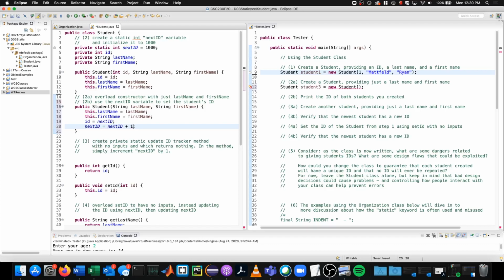I guess ultimately I personally would prefer the shortest way of writing it, which would be just nextID plus plus. And so the idea here is that when we create a student, we give a first name and last name. The system, kind of the class itself, assigns for the very first student an ID of 1,000, and then it increments ID to